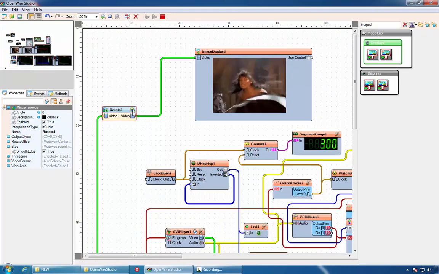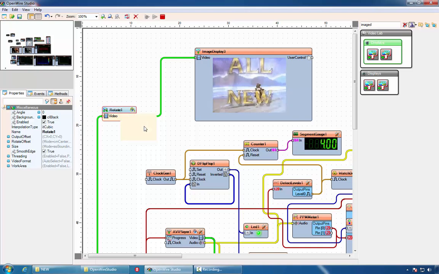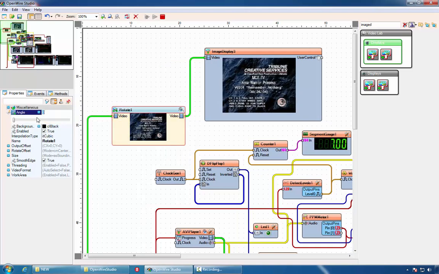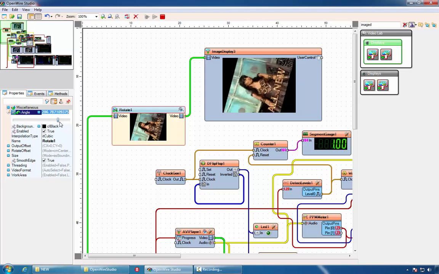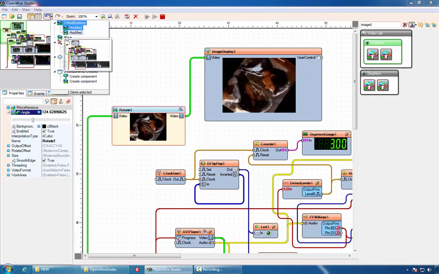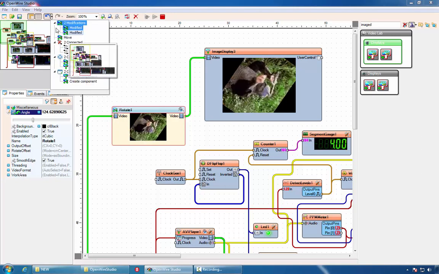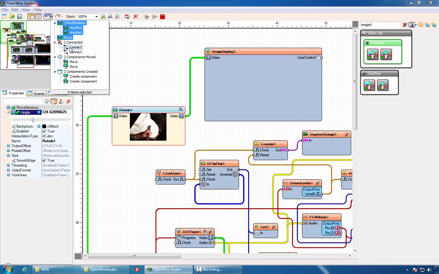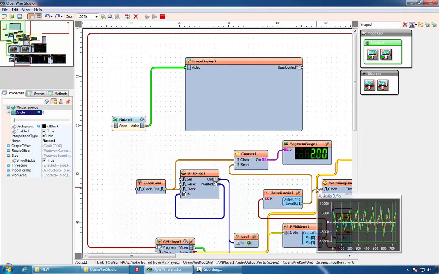Allowing you to modify the design as it runs. With full undo redo functionality. Available even on the running design.